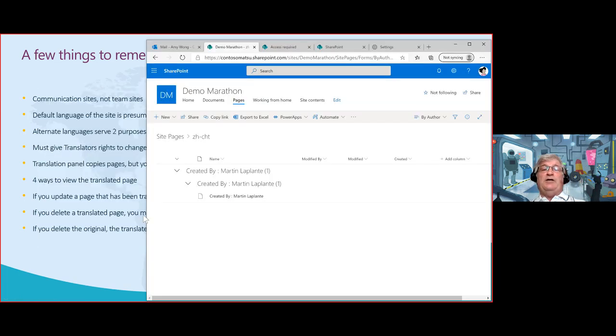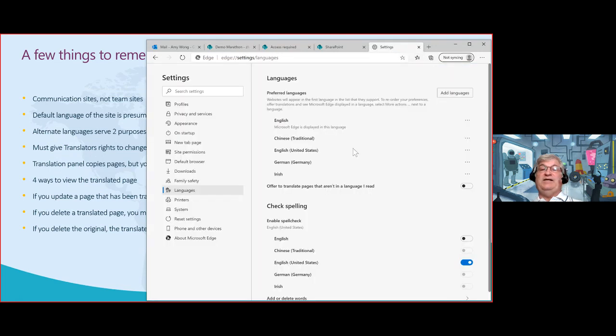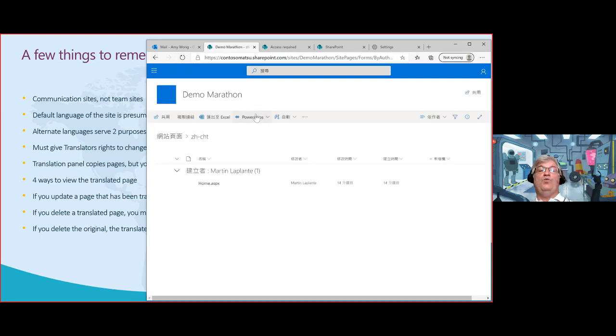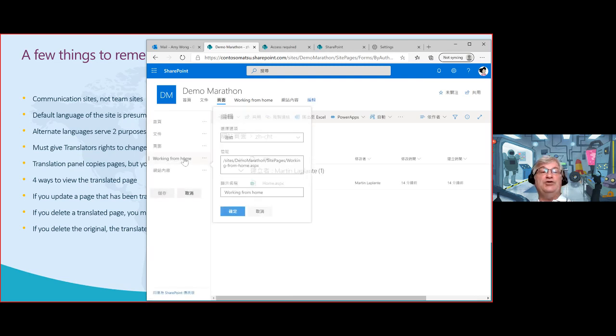One of the things which I did not show you is while I was in Chinese, this does not do anything directly for the user interface. So I had something in here which is working from home, and that is not translated to Chinese. That's a customization. That's something that I provided to them. So if I am the translator, I also have to edit the MUI while my UI language is the target language, and make any changes here